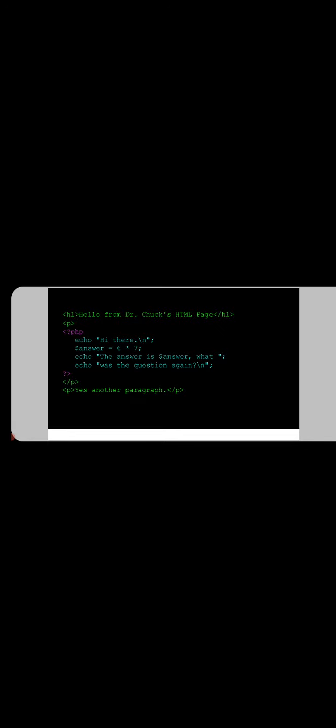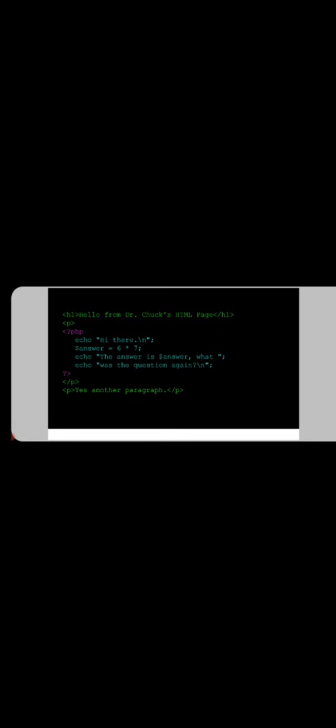Here, what is the echo statement? Echo is the standard output statement. Two types of output statements are allowed, echo and print. Both are used to display some text on the screen.